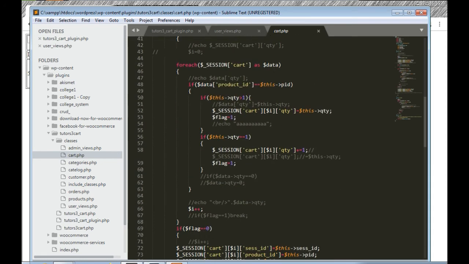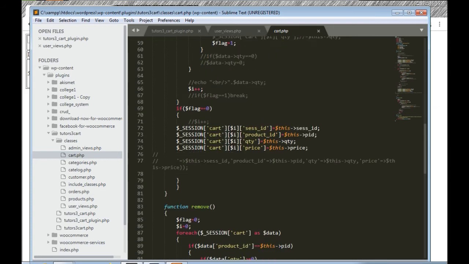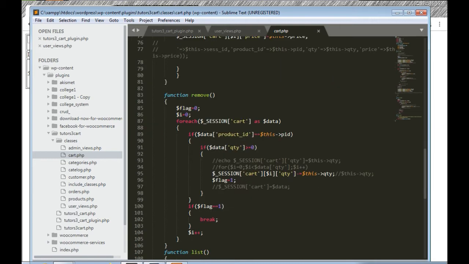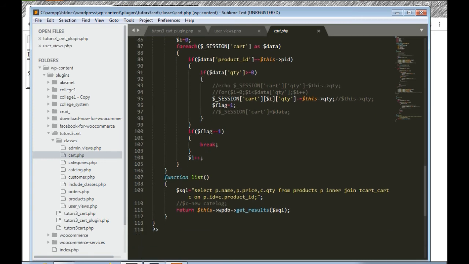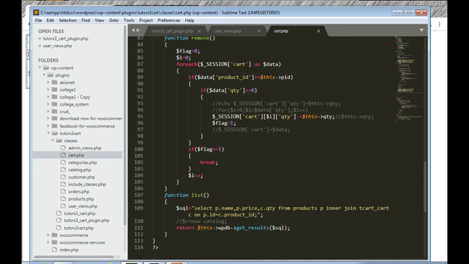We are using sessions. We remove the product, we remove the item from the session. This is the remove function. And when there is checkout, we destroy the session and insert all the records to the database. So this is list.